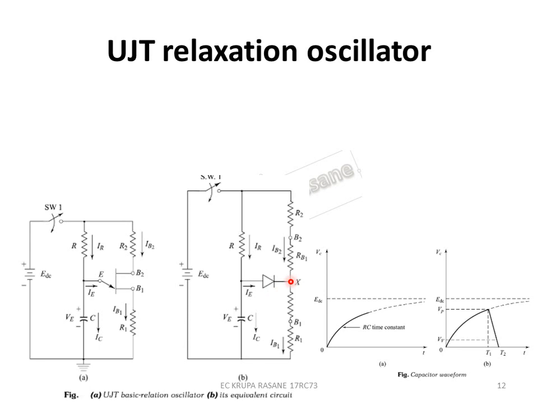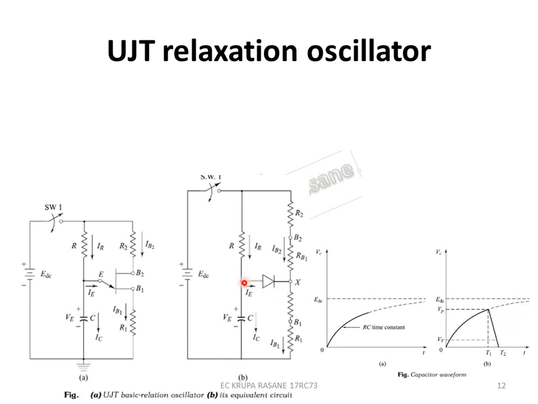resistance. And hence the capacitor or the diode will become open. This voltage becomes equal to this voltage, and the diode will turn off. So by this time it has reached the value of VV. This turns off, and hence the capacitor has time now to start to charge again. So from this valley point again it will start to charge.